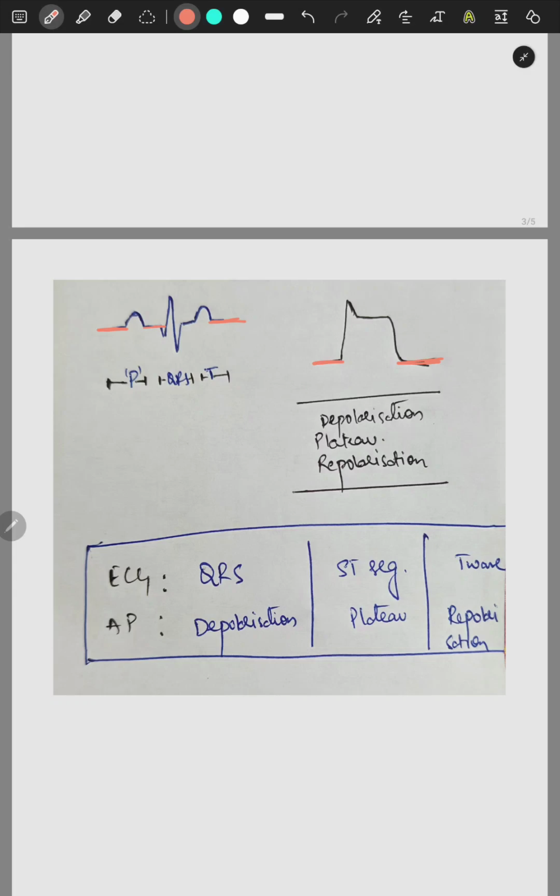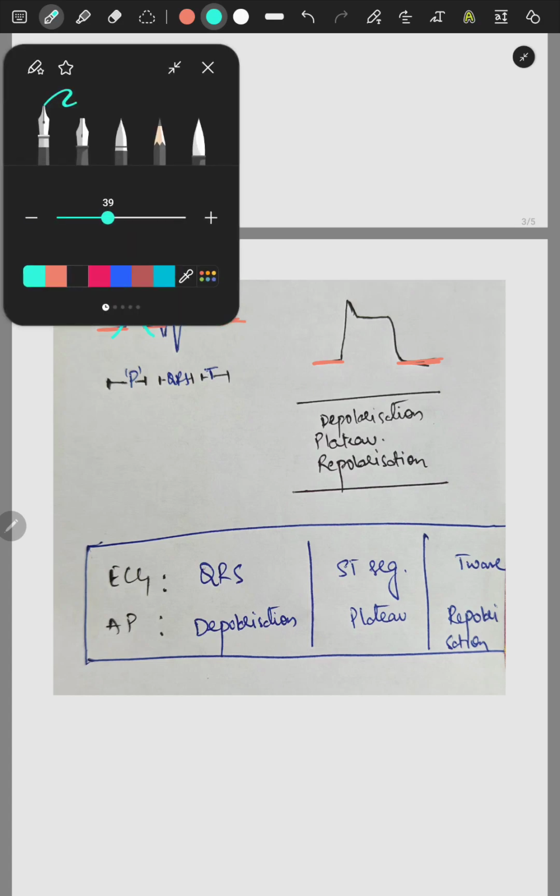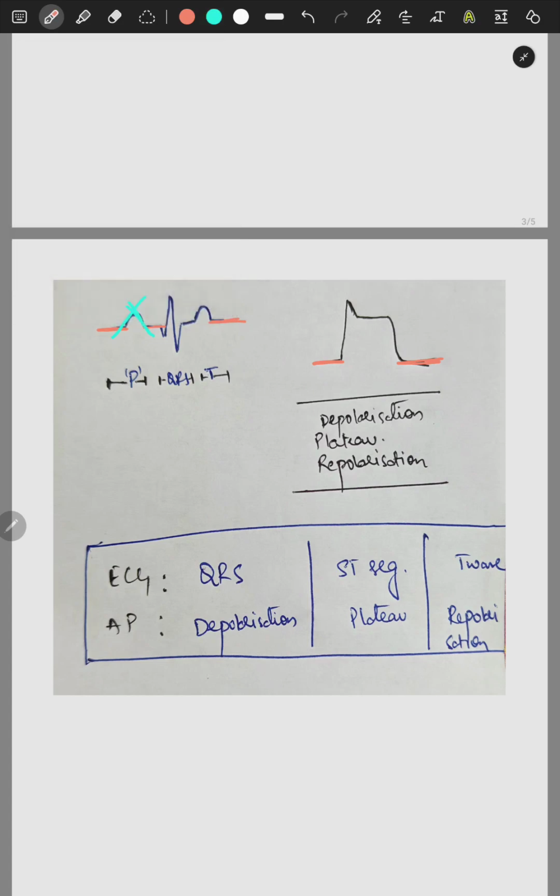And when we are talking now, we are talking about ventricular action potential. So P wave in the ECG is not needed for us right now, because P represents atrial contraction. Now phase 0 or the depolarization phase is the QRS complex,